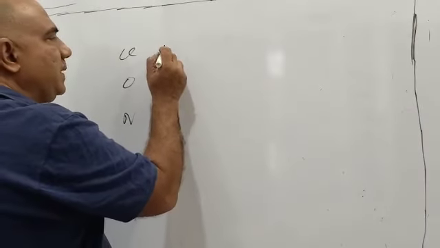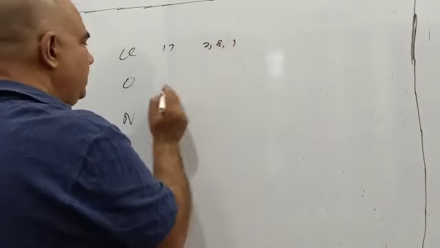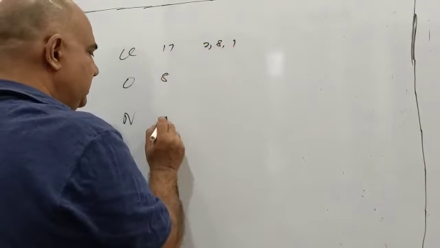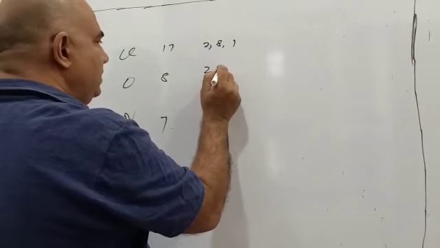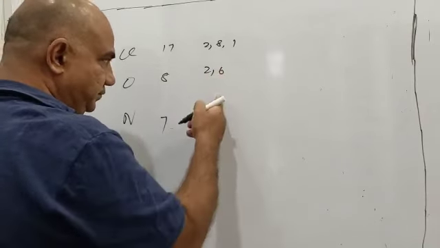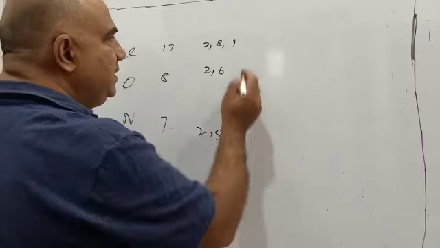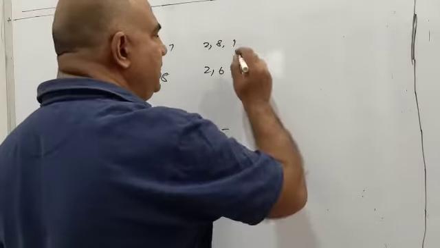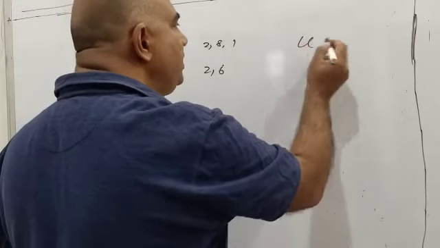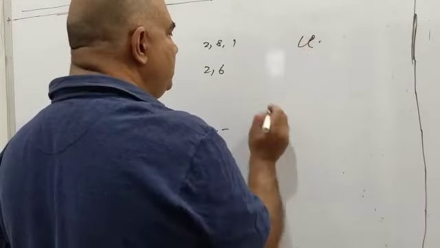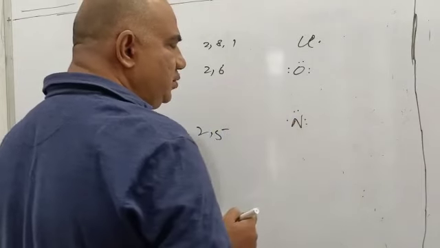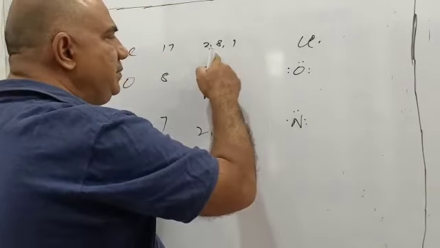So this is chlorine, atomic number 17, 2, 8 and 7. This is oxygen, 2 and 6. This will be nitrogen, 2 and 5. The number of electrons that chlorine will gain is 1. So if I write chlorine here, I will put just 1 dot, and if I write oxygen here, I will put 2, 2, 4 and 2, 6, and if I have nitrogen here, 2, 2 and 1 here I can put.